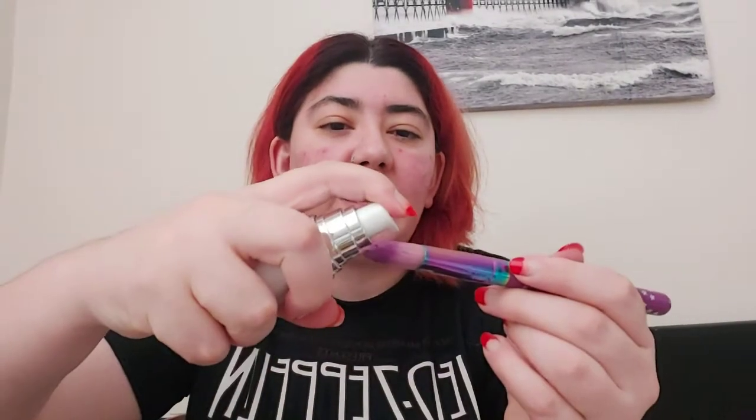So the first pump I'm going to be getting is from the e.l.f. Mineral Infused Face Primer. I've used this so many times. It's one of my favorites. And I'm going to be using one of my Spectrum brushes because this is my primer brush. I don't really like to use primer on my hands. So we're going in with